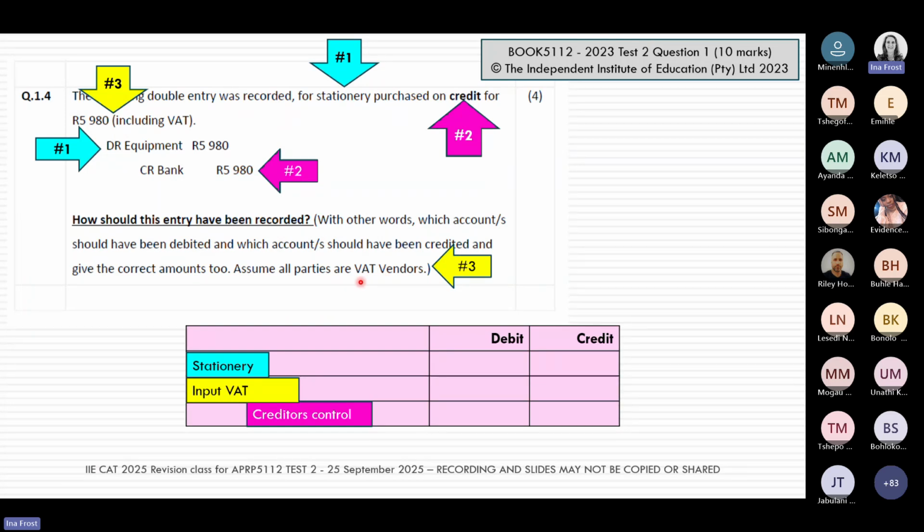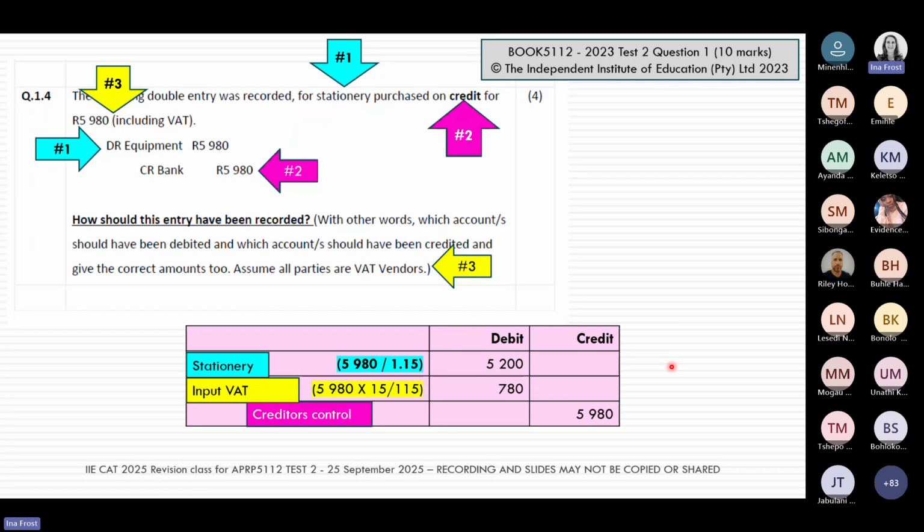And remember earlier we said for Learning Unit 3, you must remember your VAT again. In this Learning Unit, VAT is important again. And if you've forgotten your VAT calculations, you might have to quickly just look back at your first semester textbook, that Learning Unit number 3 in first semester, how to do your VAT calculations. So then the correct entry is then going to be like this one here at the bottom. So this is just to show you another way in which we can structure a question on the general ledger reconciliation statement.